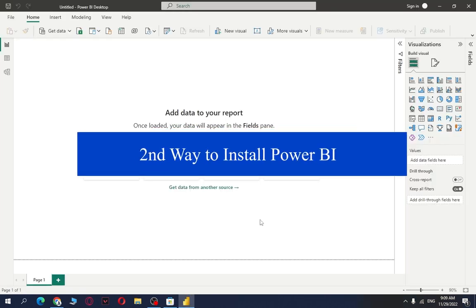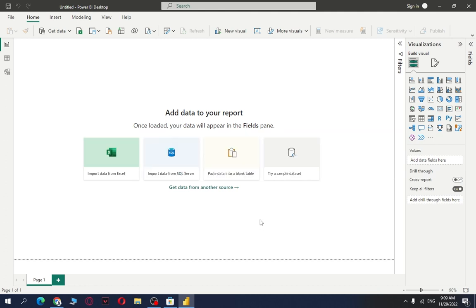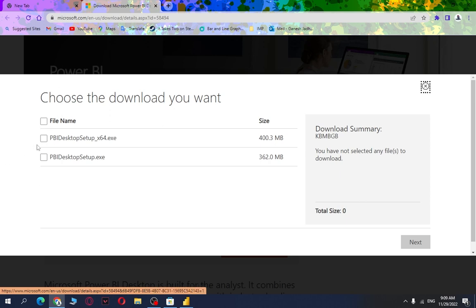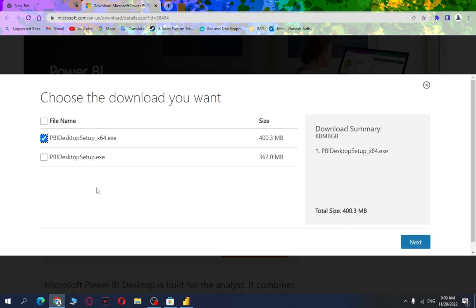And if you find difficulty installing Power BI through Microsoft Store, then just follow the link in the description and open that link. You will get a page like this. Then click on the download button, choose English as the selected language. Then click on the download button, then select the 64-bit version of your setup. Most of the time your computer is 64-bit, so just click on it and click on the next button